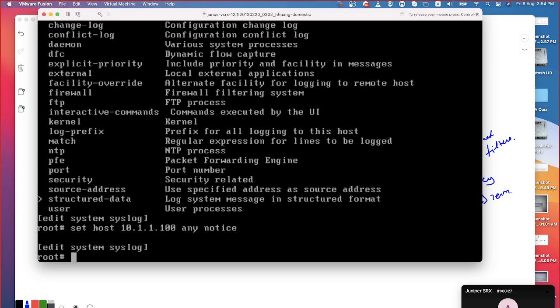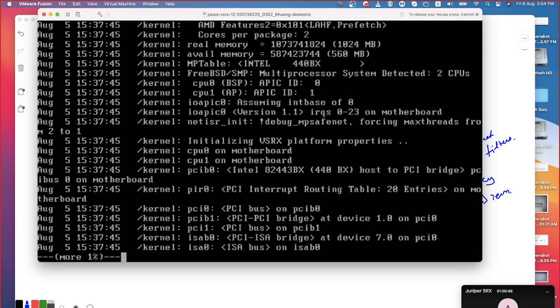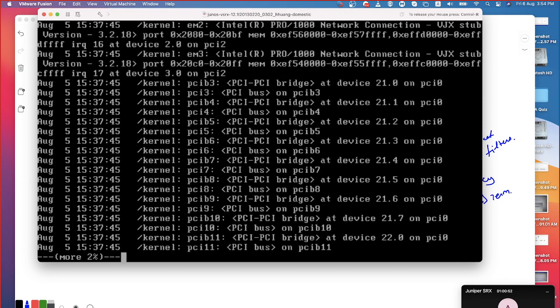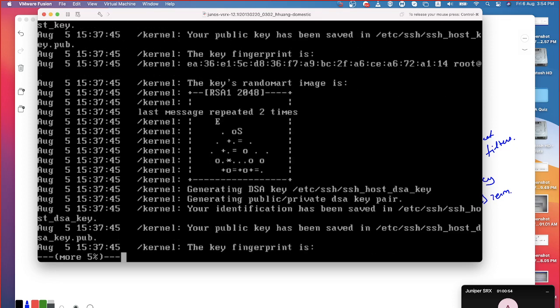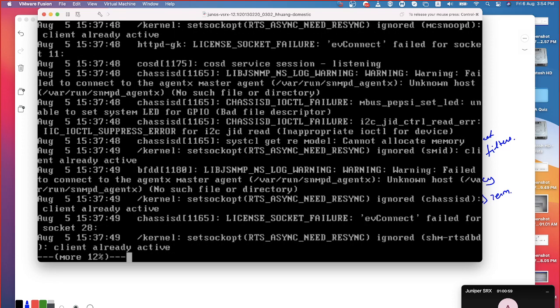Now if you see the log messages, run show log messages, there will be a lot of information. See here, the first thing is always going to start with your date, then time, and which process has initiated it, then what is the host name that has created it. Can you see them? You can see the information over here. This is the kernel related thing, and yes, top. You can see them.